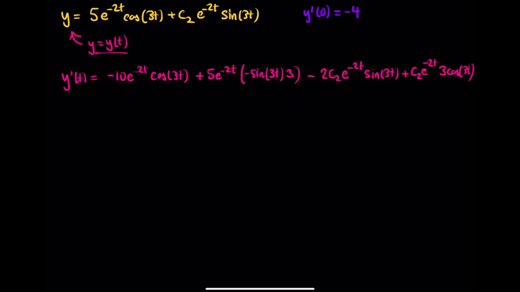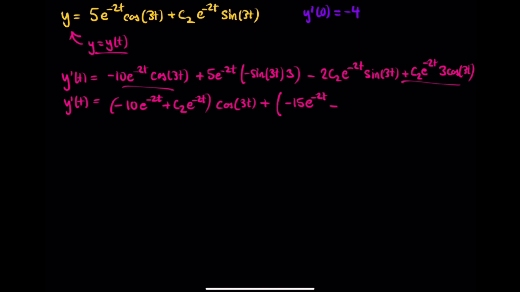Okay, that is disgusting. So let's combine stuff. So we can combine this and this. So minus 10 e to the minus 2t plus c2 e to the minus 2t, and this is cosine 3t, plus negative 15 e to the minus 2t minus 2 c2 e to the minus 2t sine 3t. And so then